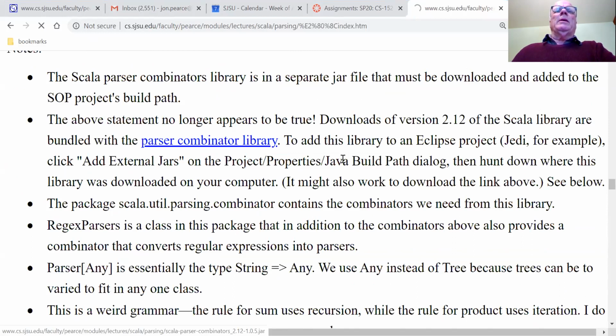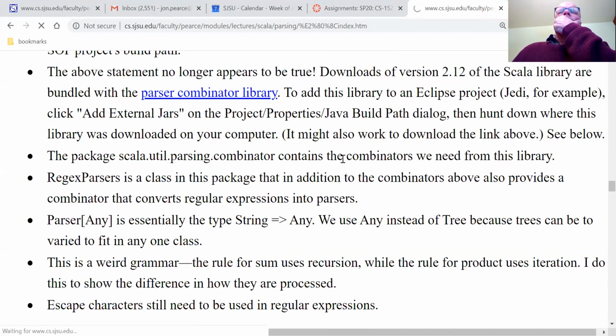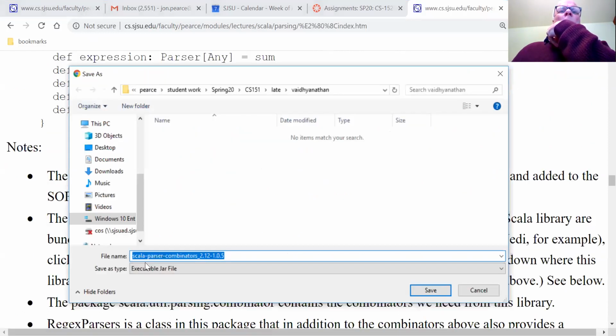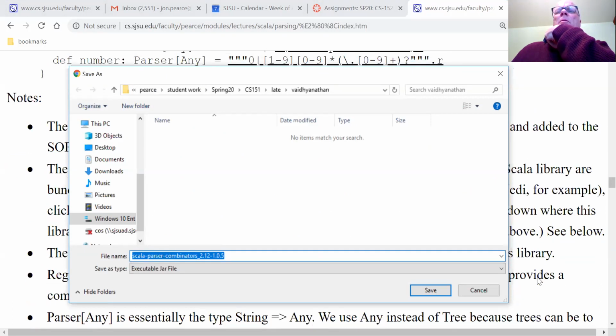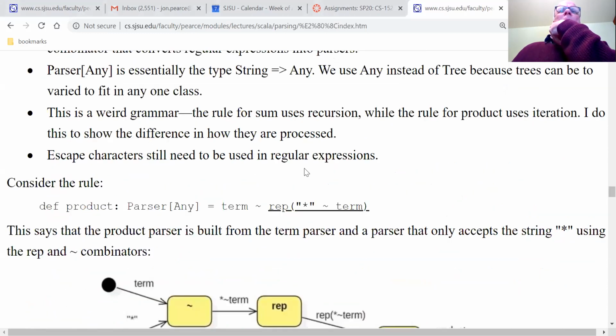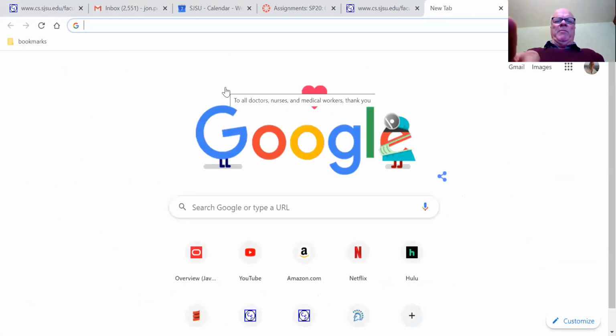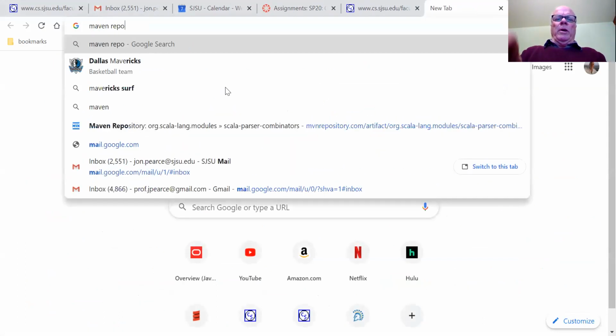Let's see which one that is. Right, so it wants to download the Scala parser. This is 2.12 that I have here. Cancel that. There are a couple of other links, and here if you go to the Maven Repository,